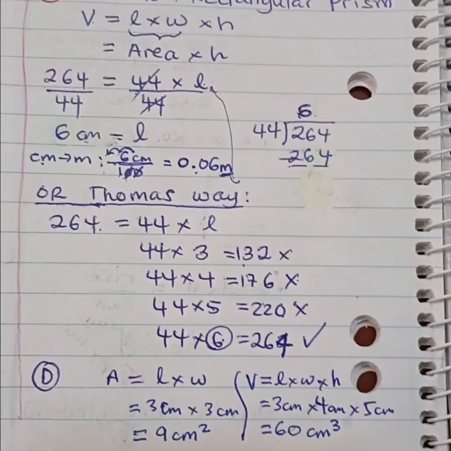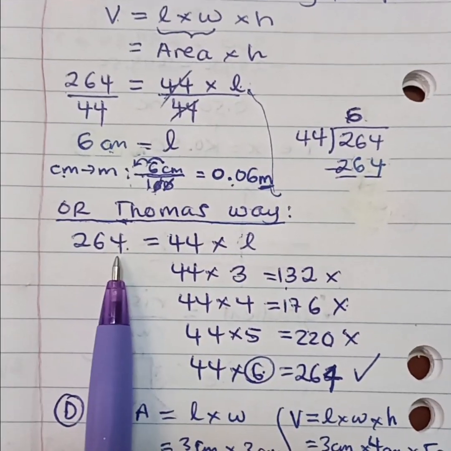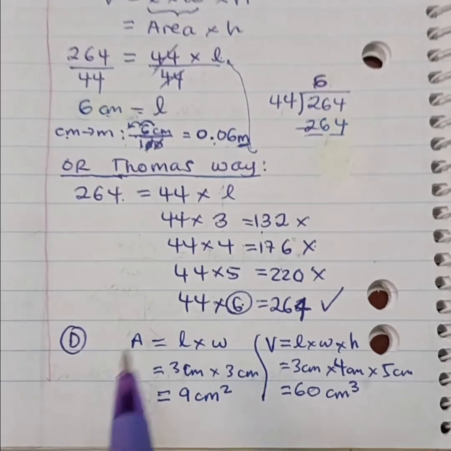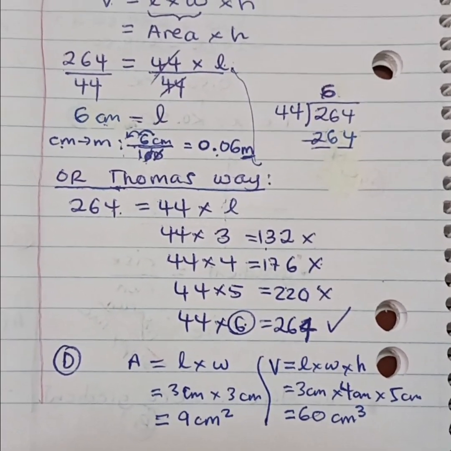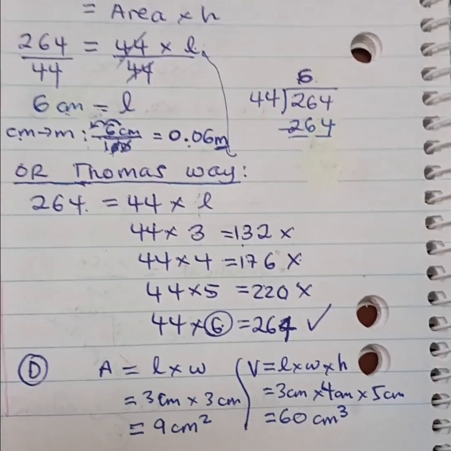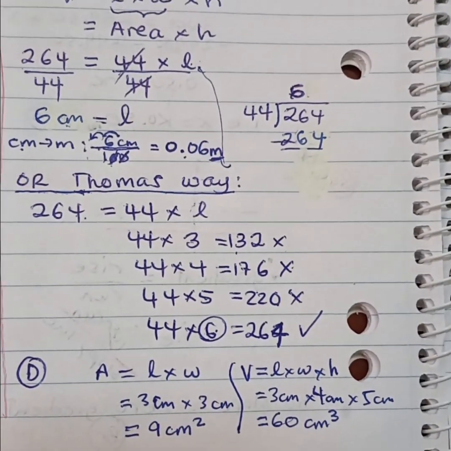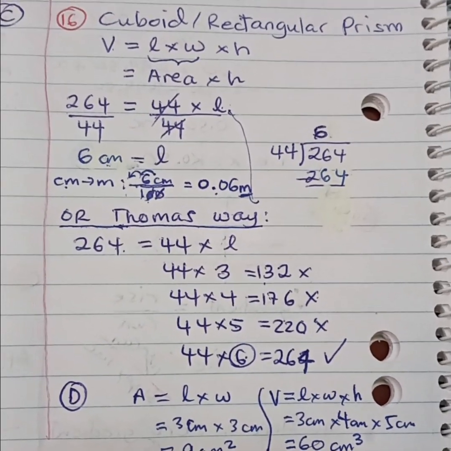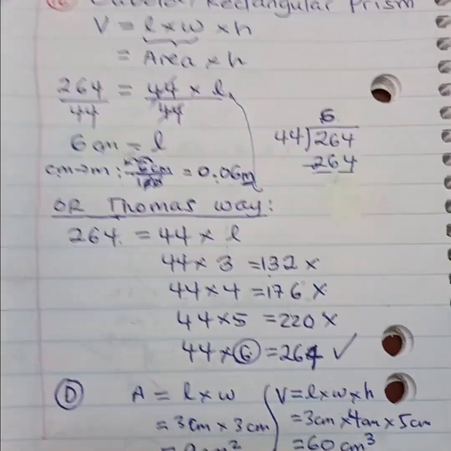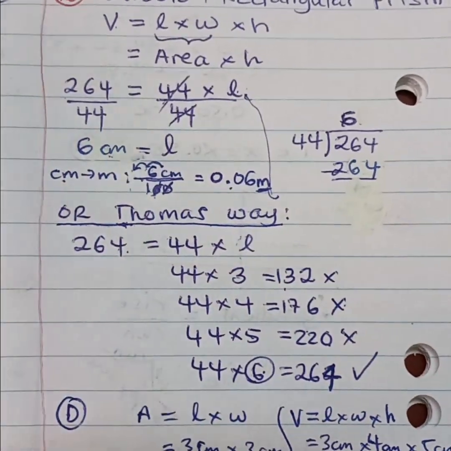The volume is 264 right there. That means D is the answer. Take note, we are pretending that the question is asking us to give the answer in centimeter. Okay. Now, since we are talking about prisms and volumes, let's also go and view some other prisms which are